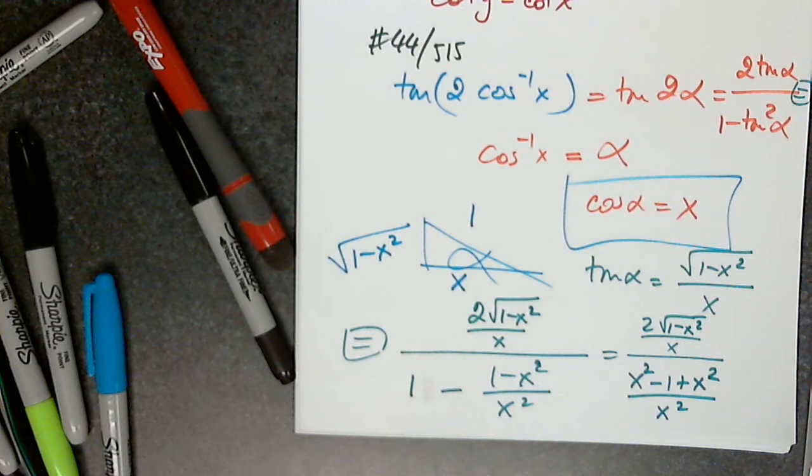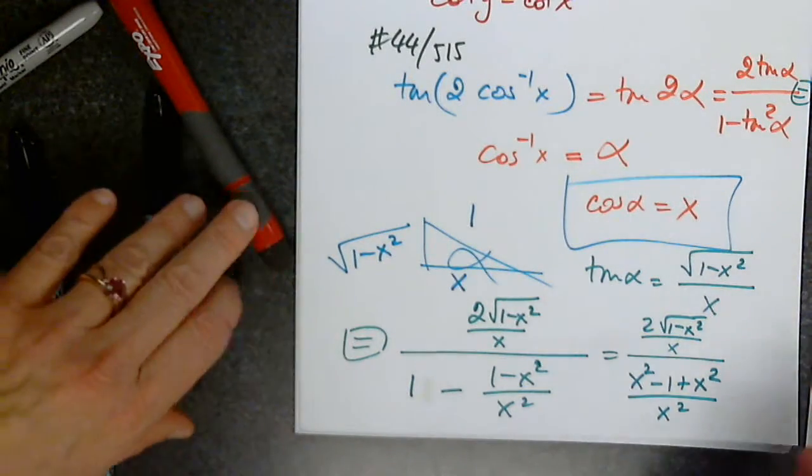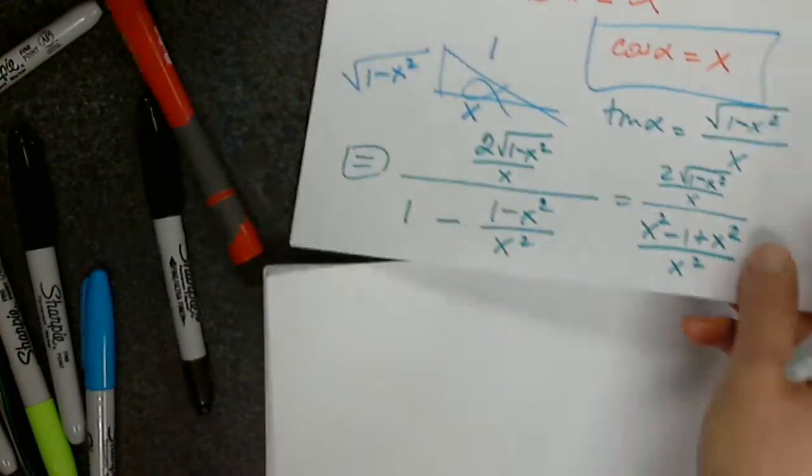I have to change 1 into x squared over x squared. I have to distribute negative 1 to the top. Do we agree with me so far? Yes? Everyone? Okay, then the next step,